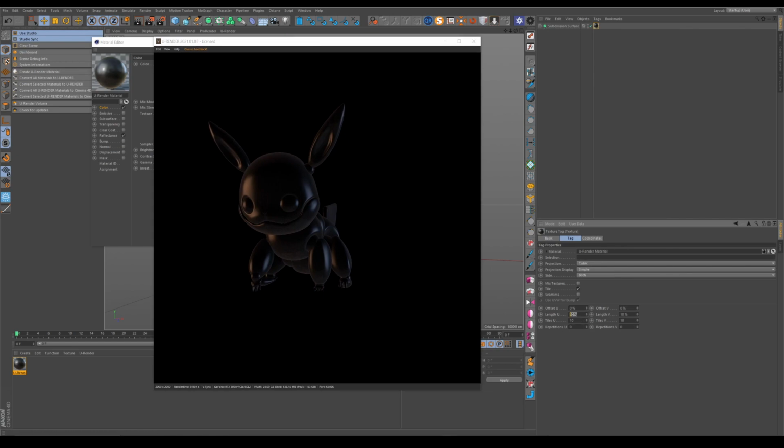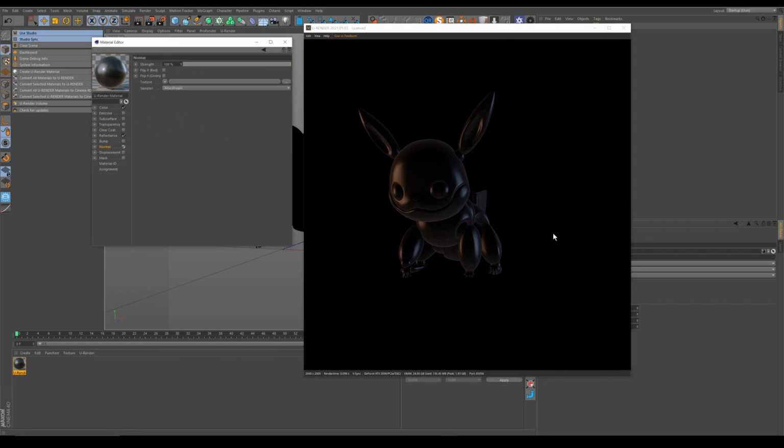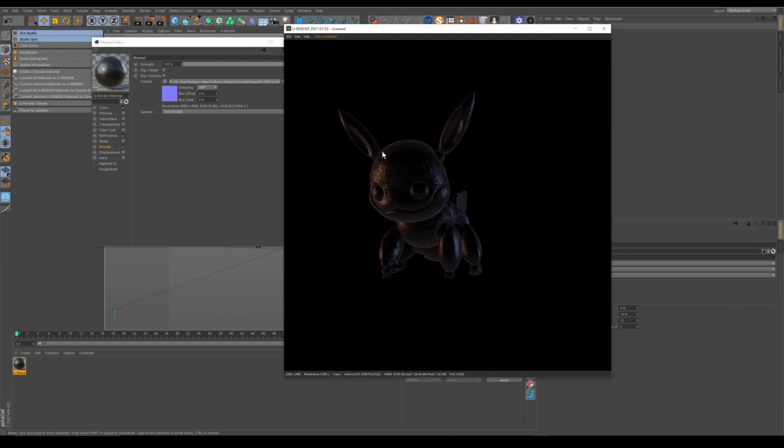I will change also the scale. As you can see, I changed a little bit the scale. And let's load also the normal map. I will not load all the maps because I want to create something a little bit custom. Let's load normal map and make sure it's enabled. So here we will start to see some details on our model, and we can control the amount of details